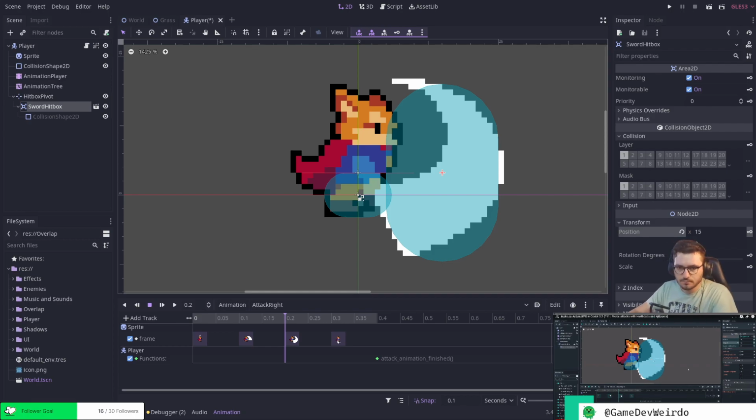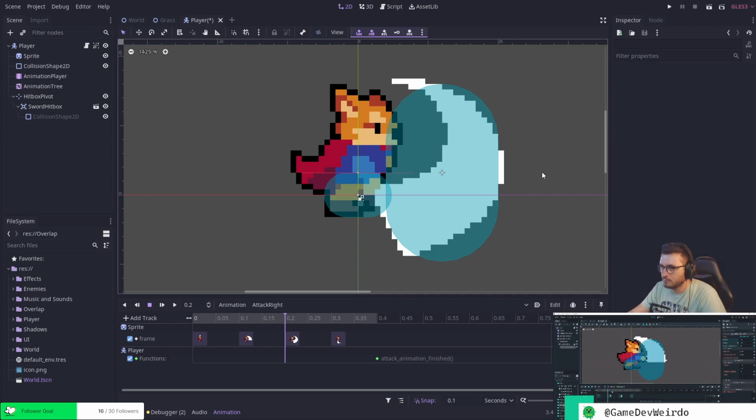Now, let's go over this again. We have our hitbox pivot. It's at position 0, -4. We have our sword hitbox. It's at position 15, 0. And then we have our collision shape, which has a capsule size of radius 10, height 15. That will give you this exact scenario right here for as long as your animation is set up like mine